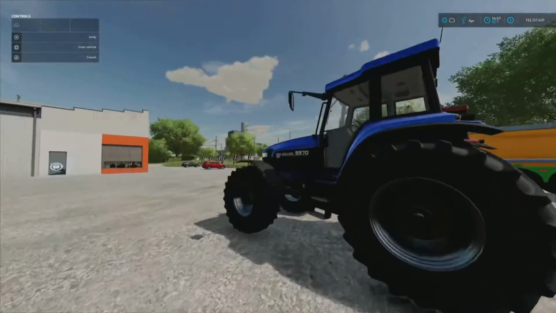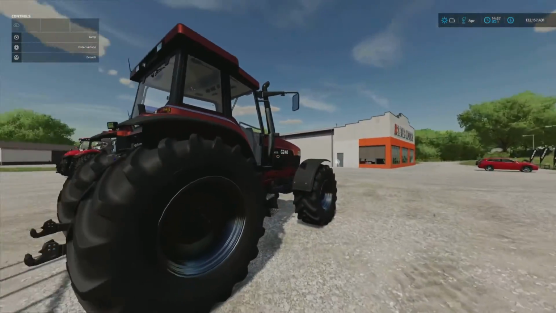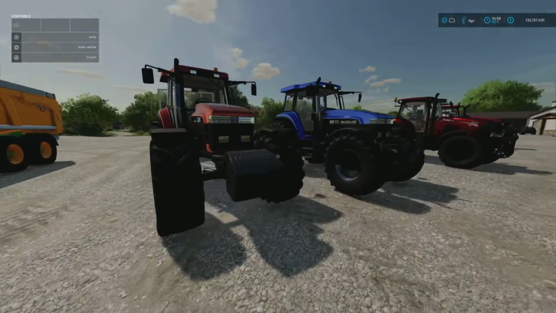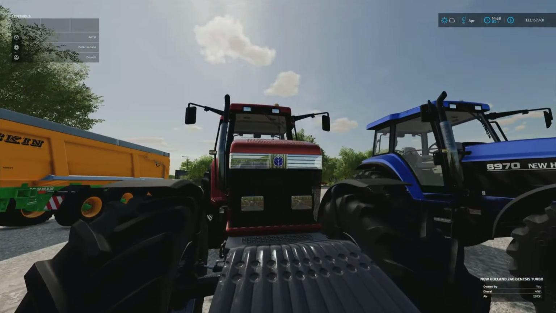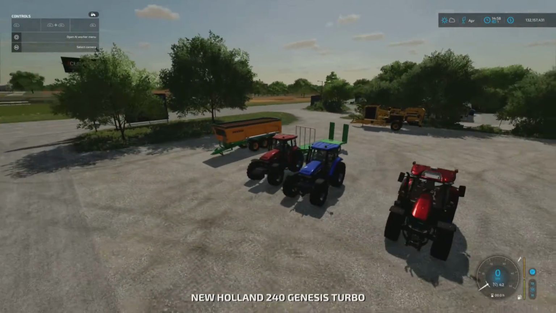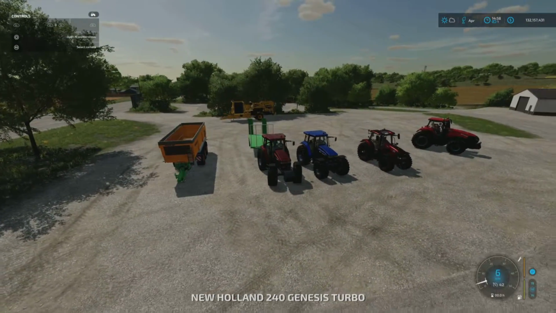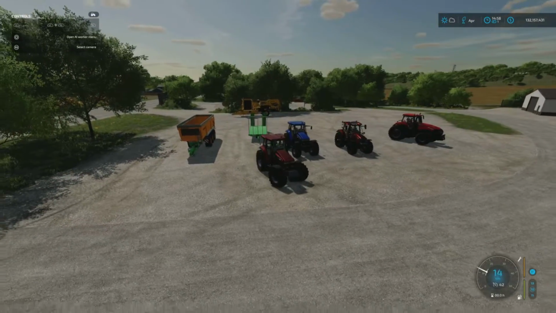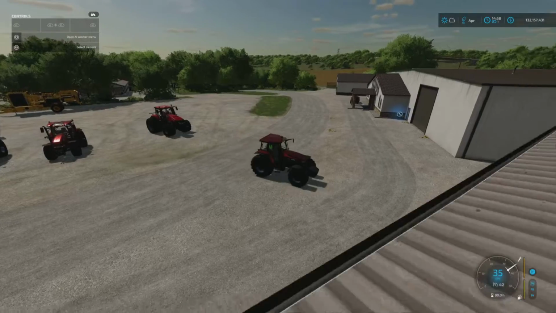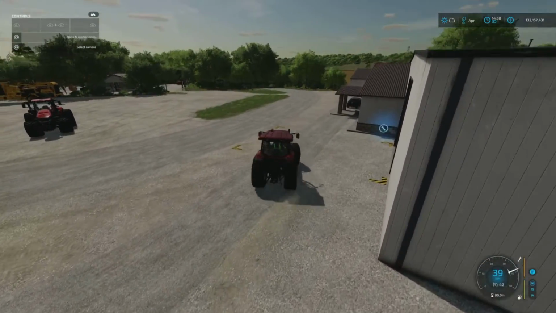And then next to him we have in the Fiat Agri colours, as you can see there, the G240. It's the same tractor because there's a New Holland badge on the front. This is just the standard one. Doesn't seem to steer quite as...